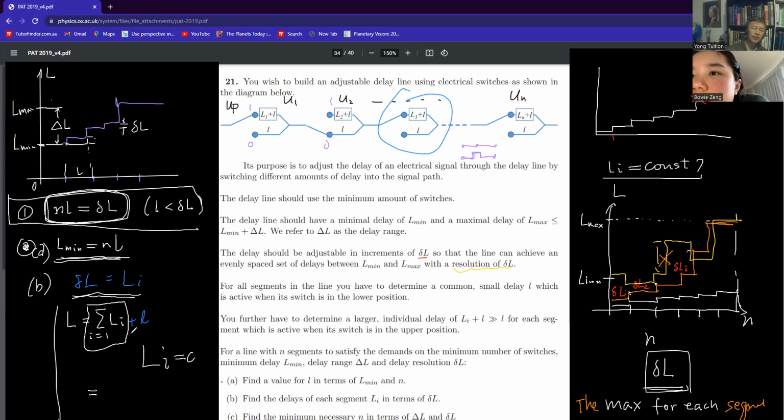Okay, that's right. That's why when you get the sum, it doesn't matter. If A plus B is equal to B plus A, do you agree? The order doesn't matter because they just accumulate that delay. So each time you can use a larger delay. But if that is not a constant, then it's difficult. If that is a constant, we probably can solve this puzzle. If Li is different,